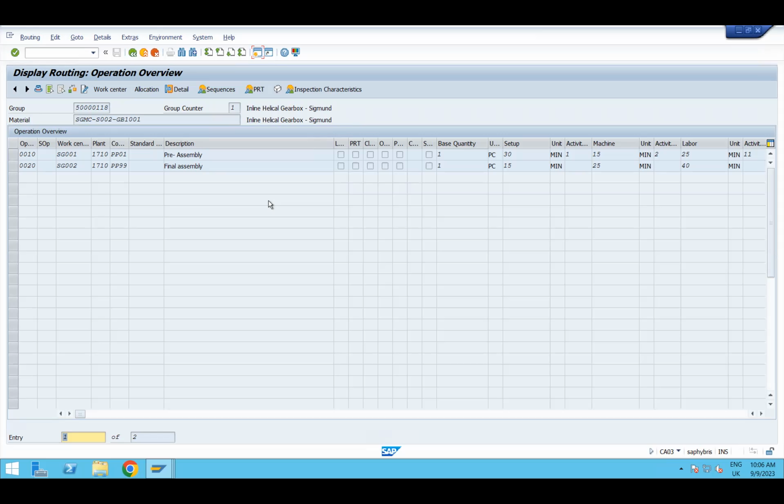So based on the production version, it will tell the system what kind of routing we need, sir. Correct, that example is helping. Exactly. So production version is to select which combination of routing and BOM is required if your material can be produced from more than one BOM or from more than one routing.